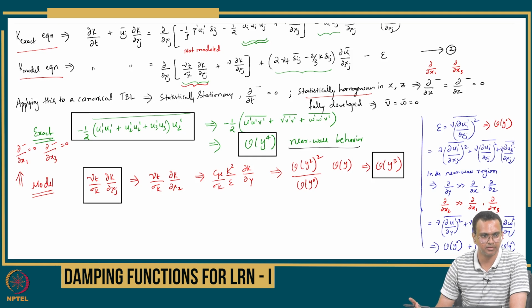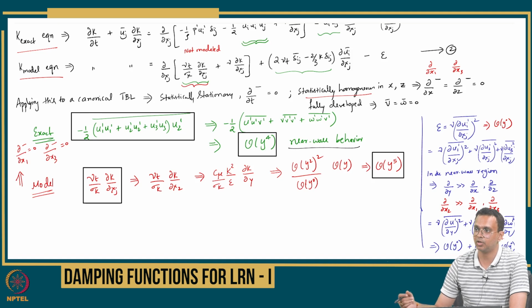Something is not correct, right? So we must do something about it. It looks like dimensionally the model is consistent, the standard k epsilon model, but as you approach the near wall, very close to the wall in the linear sublayer, buffer layer, where viscous effects are dominant, it is not accounting for, as I said, the 2 component limit as well as